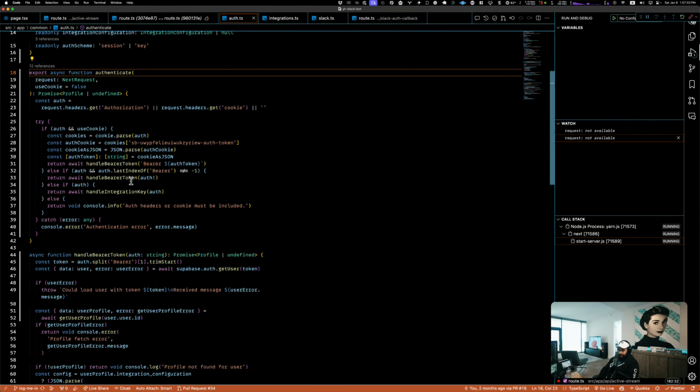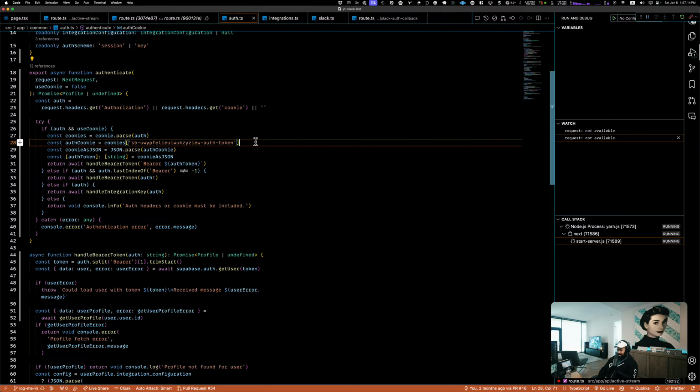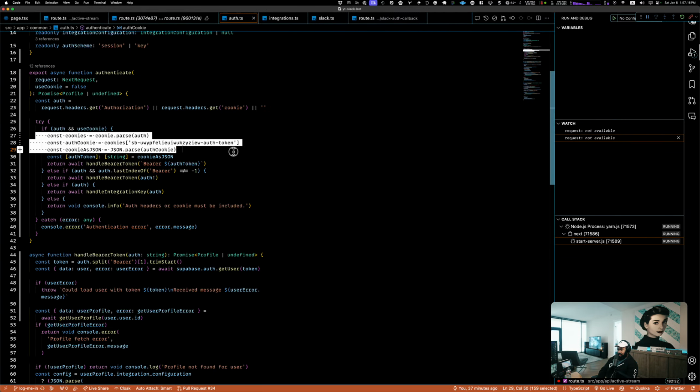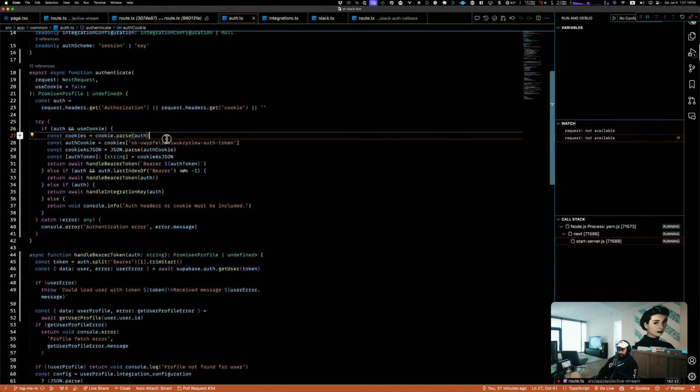So here's how I'm gonna do that. I'm not doing this now. But there are certain areas where I should be throwing an error if things aren't what they should be. For instance, if I use this cookie and then I try to get the cookie and there is no cookie, then I need to do something, right? So this request right here, this could be an empty string. So when I do this cookie parse on an empty string, I'm definitely not going to get anything. This will be undefined, so it's not good enough for this to just go through.